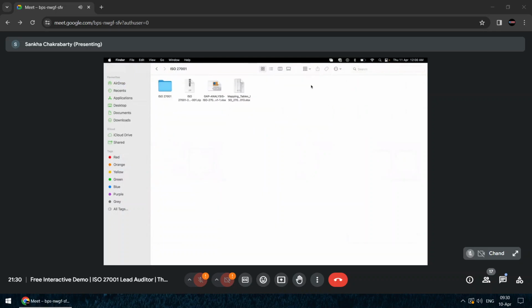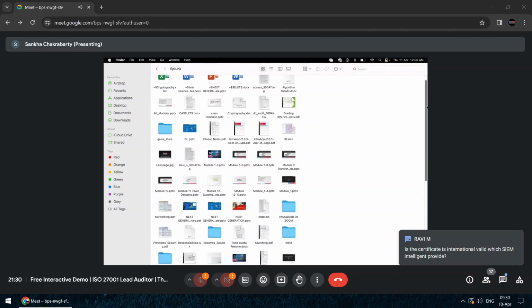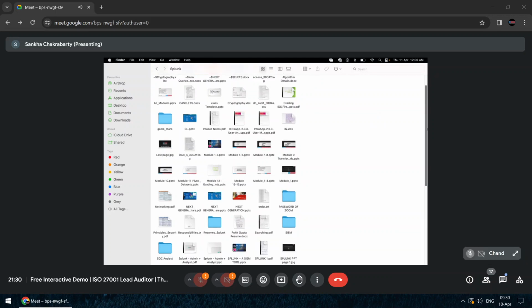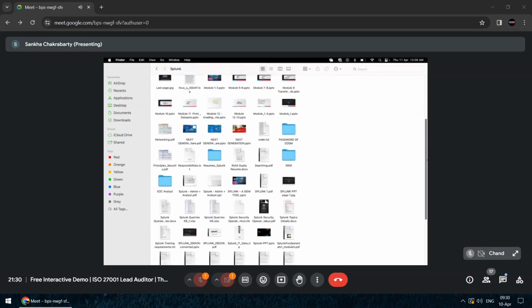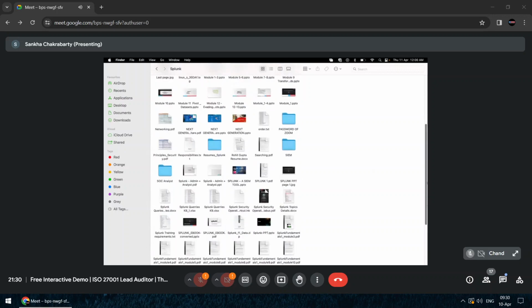For ISO, I have all these PPTs designed for you, regarding the controls, 27001 and 27002, in detail covering the mandatory controls as well as the extra controls. I'll also be providing booklets on information security, cryptography, firewalls, and IDS/IPS implementation, along with the principles of cyber security, and a few booklets from the interview perspective.